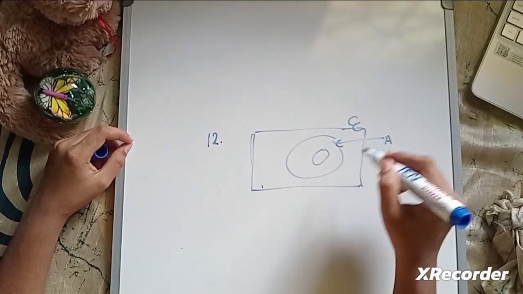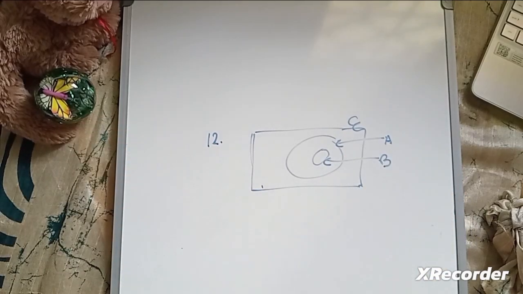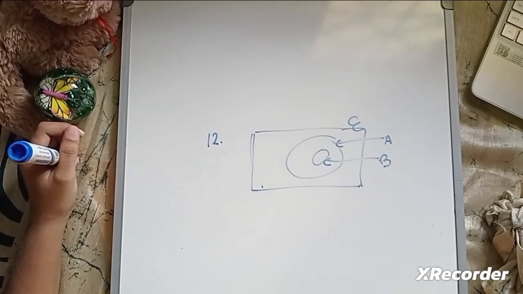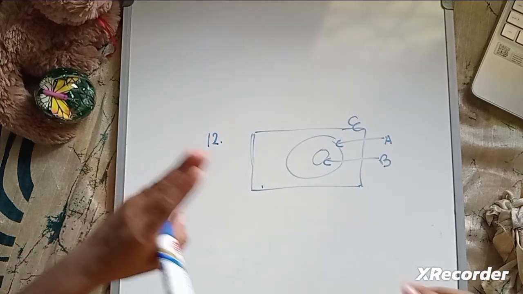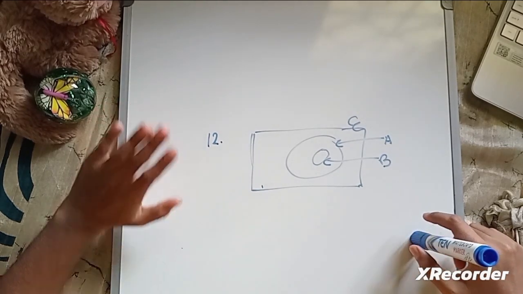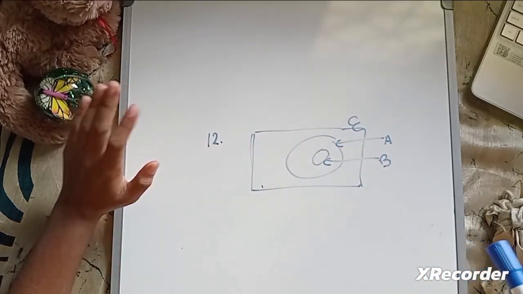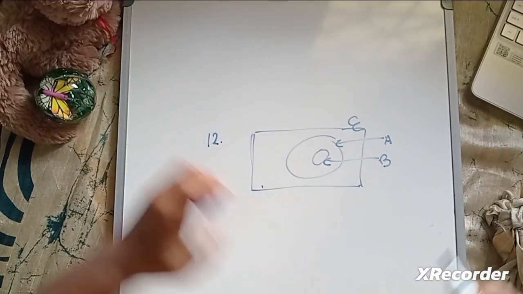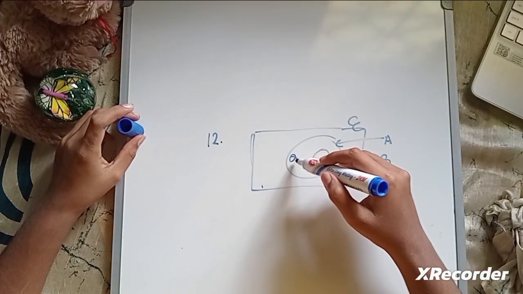So this is A and this is B. So A intersection, which means elements of A should be included to this set. So this part,